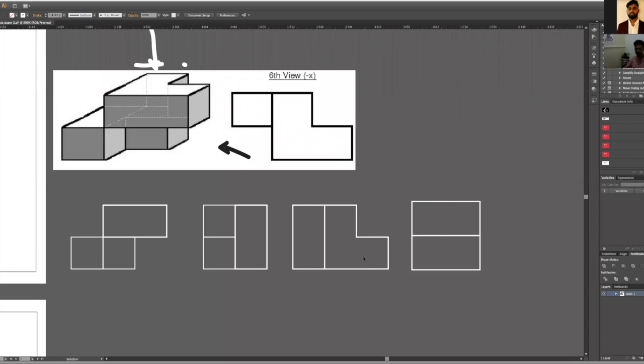That's what you're talking about? Yes. And for the front view, it is two cubes. So how is it possible? Front view means this you're talking about? No, this second image. This, you're talking about? Yes.